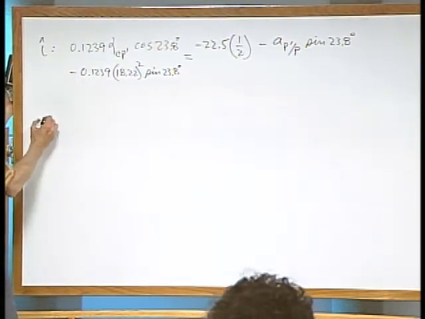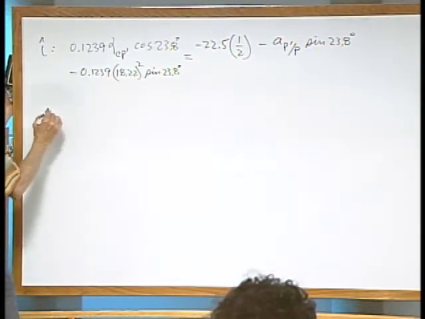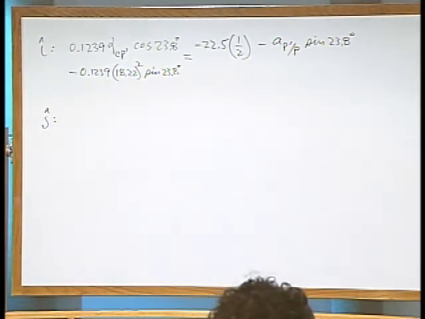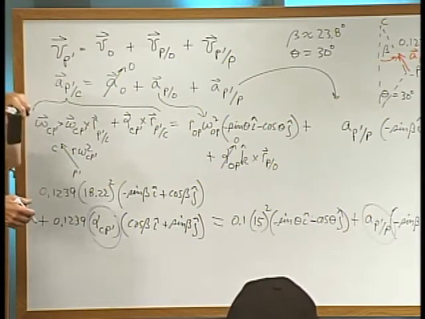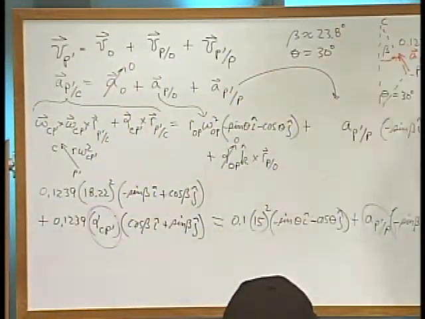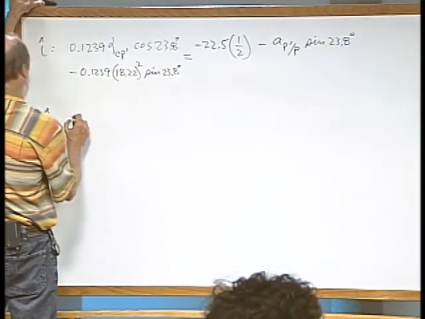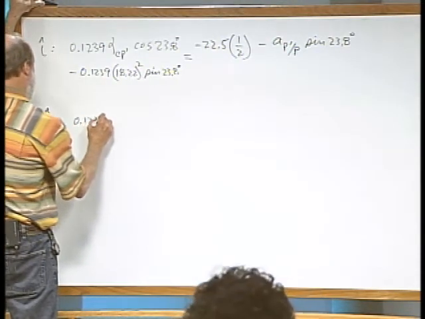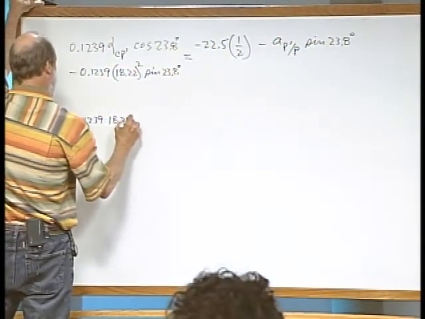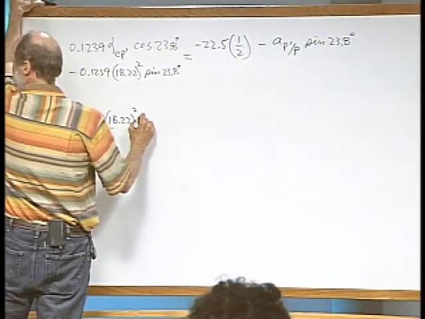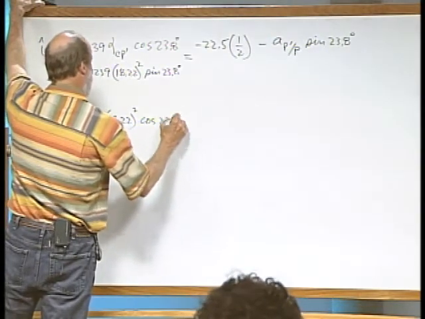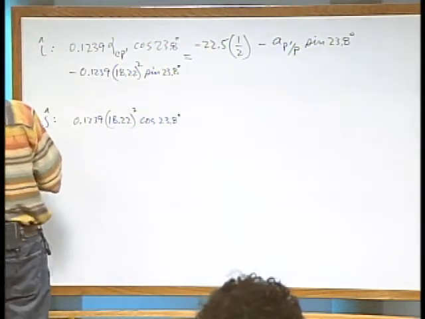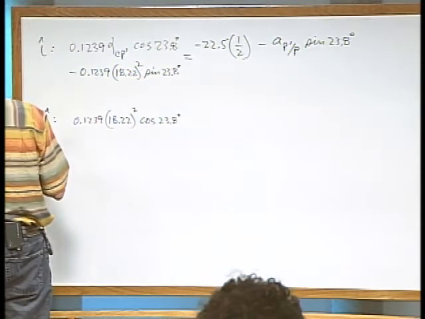Both unknowns are in that equation, and that's usually the case. When we write our J stuff, we're also going to see both unknowns. So we're going to end up with a system of two equations with two unknowns. So let's carefully do that. So we have a positive 0.1239, 18.22 squared, cosine of beta, cosine of the 23.8 degrees, and we add the other J term, which is positive